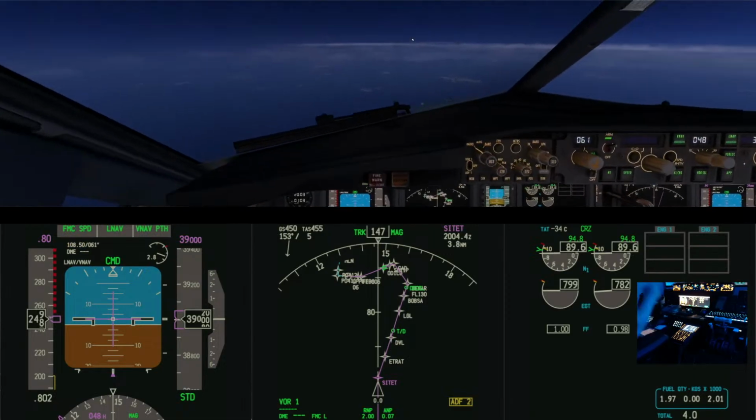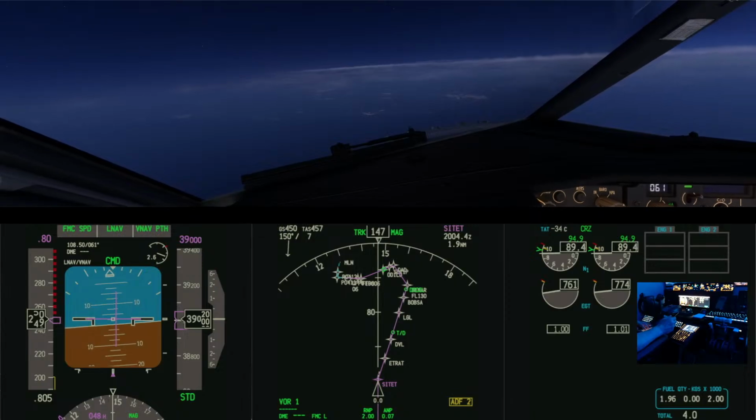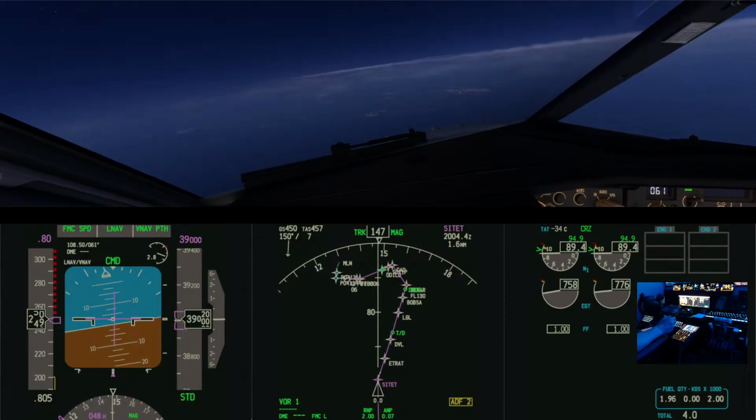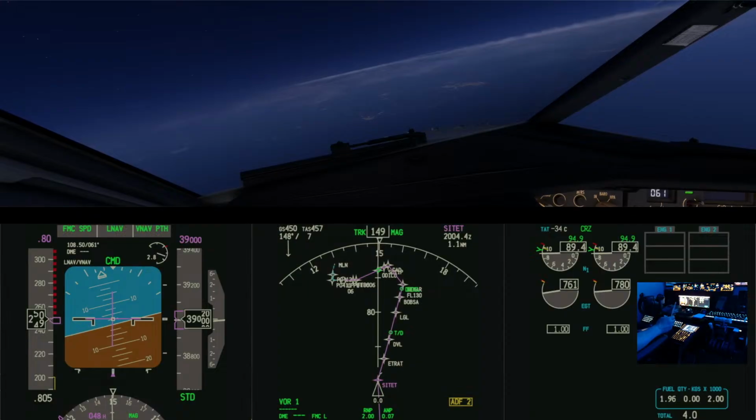Okay, so I was just setting up the flight management computer there for an arrival into runway 6. We're still following the same arrival path, which will take us down to the west of Paris and then make a left turn